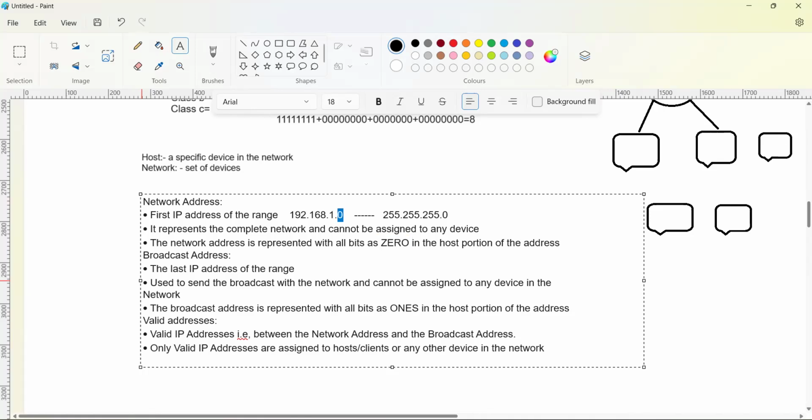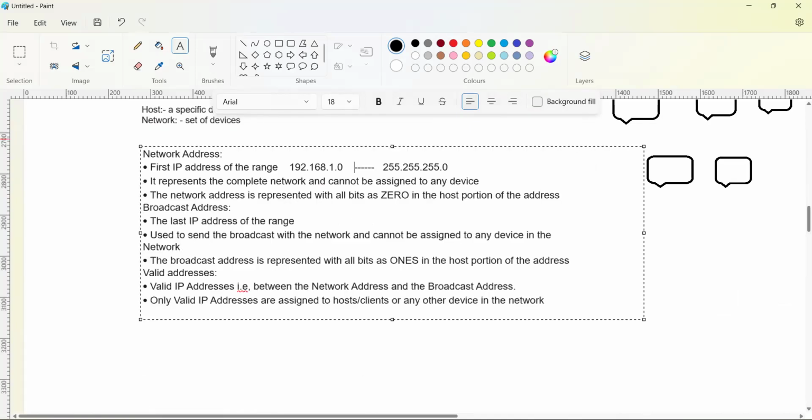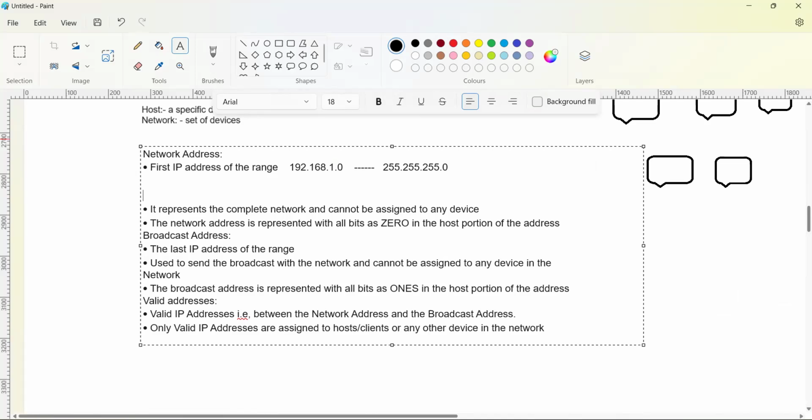Host portion of the address. The host portion of the address, whichever is the host portion in between, those are the IP addresses we can assign. It means from the starting range, here you can take